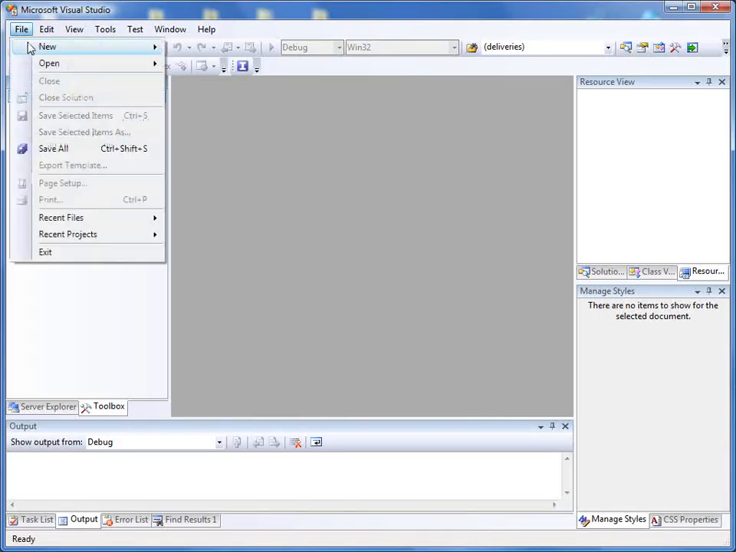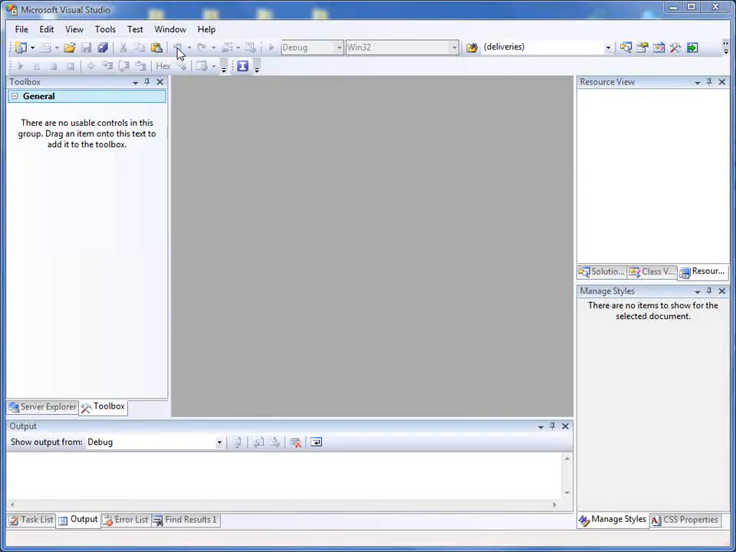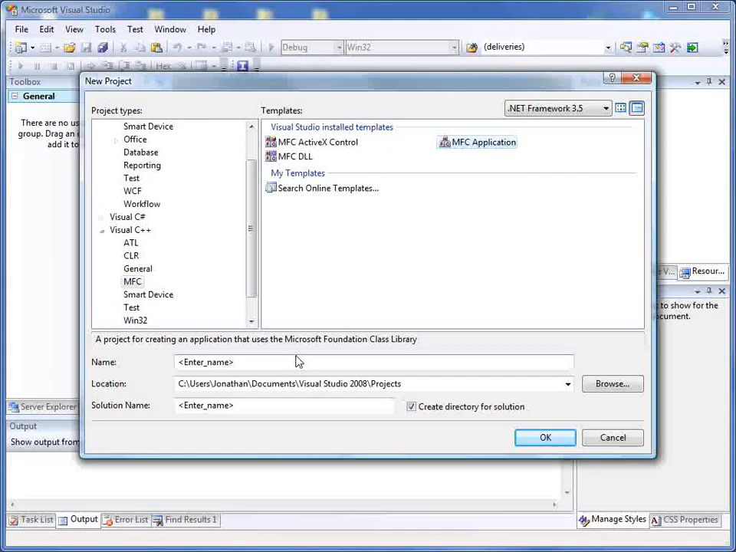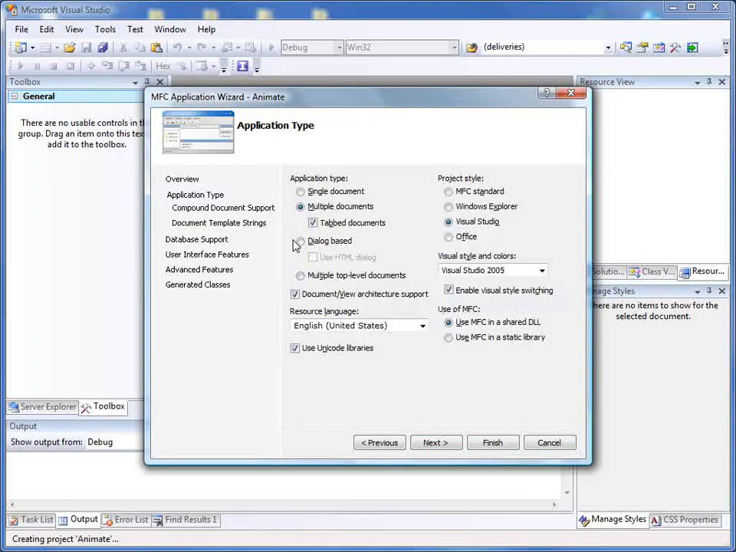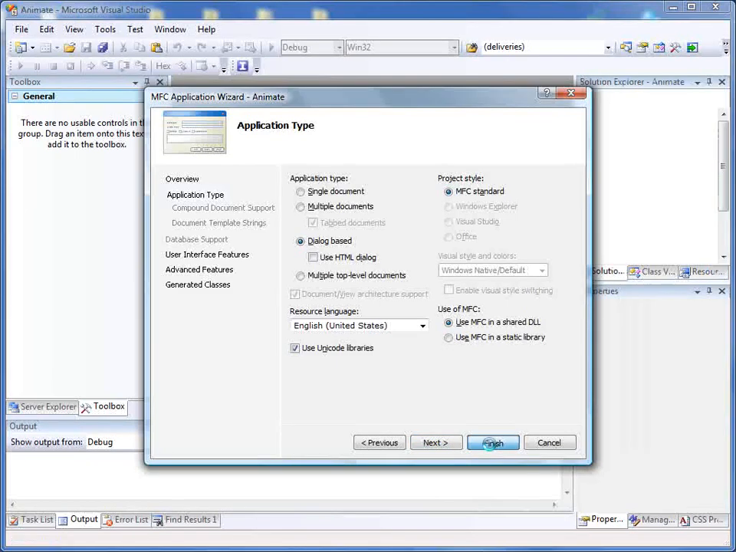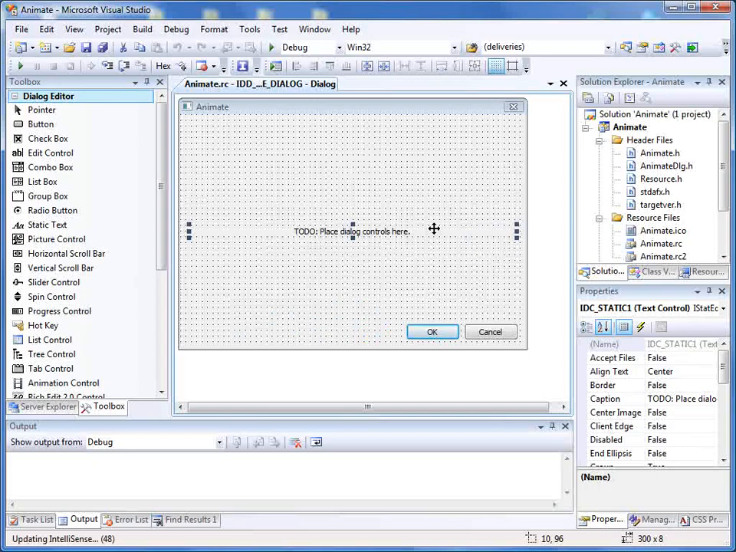So let me go ahead and create a new project, and it's an MFC application, and we'll call it Animate, and for simplicity we'll just do this in a dialog box. So I'll just make it a dialog box application, and I'll select the defaults for all the rest of the wizards,